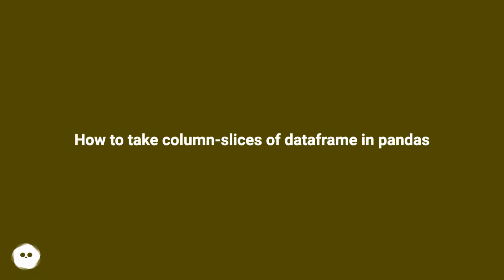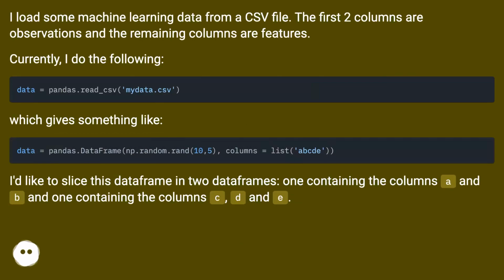How to take column slices of a DataFrame in Pandas. I load some machine learning data from a CSV file. The first two columns are observations and the remaining columns are features. Currently, I do the following, which gives something like,